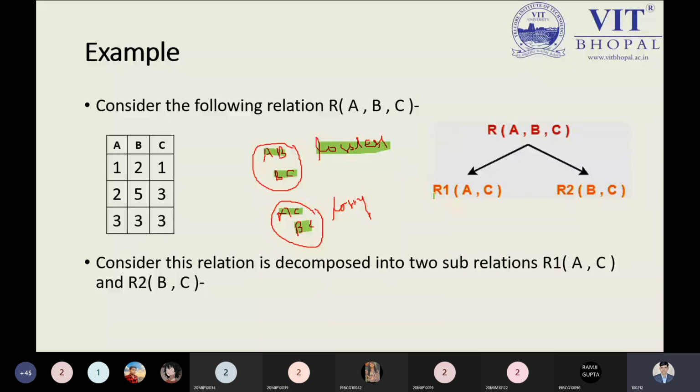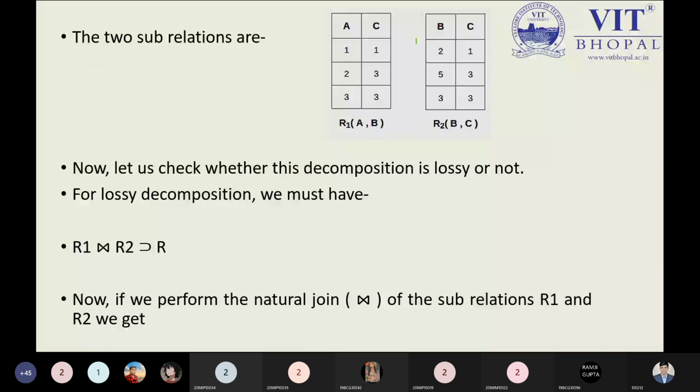So you can observe over here, everything is the same. The data elements, the data values, we have the same. Nothing is changed. Now after decomposition, you are getting these elements. A contains 1 2 3, BC contains 1 3 3, B contains 2 5 3, and C contains, again over here, 1 3 3. So here we have two different sub relations from the main relation.